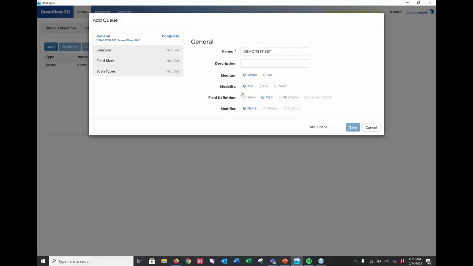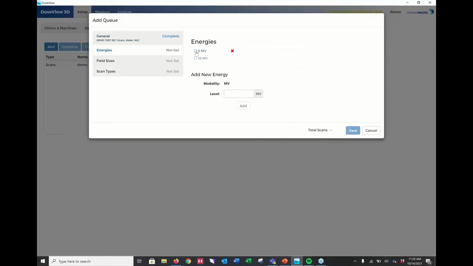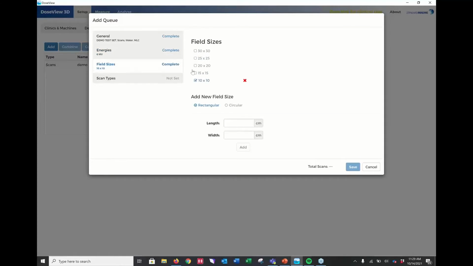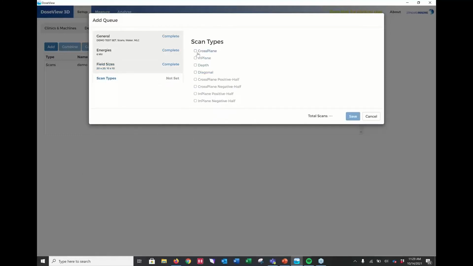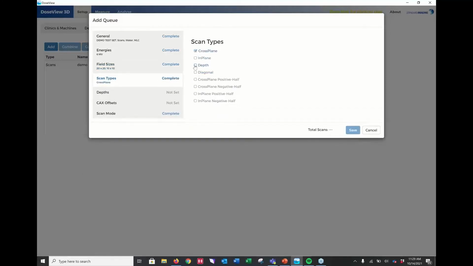So you can see now once I enter that in, this is marked as complete. I can go and choose my energies now. For this demo purpose, I just want to do 6 MV. My field sizes, I want to do a 10 by 10 and a 20 by 20 today. And then my scan types, I want to do maybe some cross plane and some depth measurements today, just for demo purposes. And you'll see once I select those, a couple other things popped up, depths and